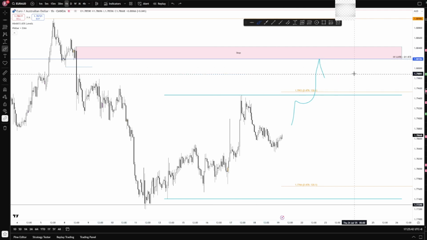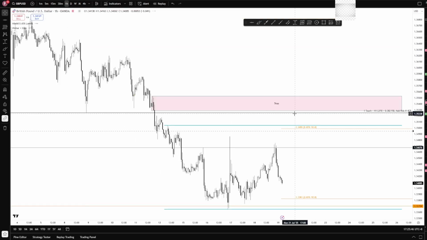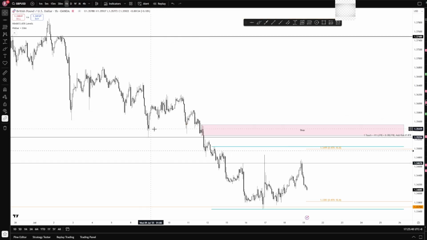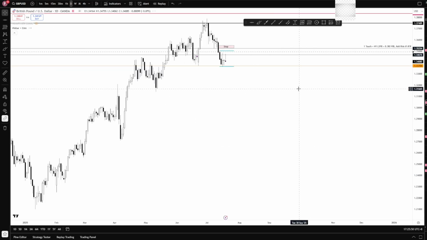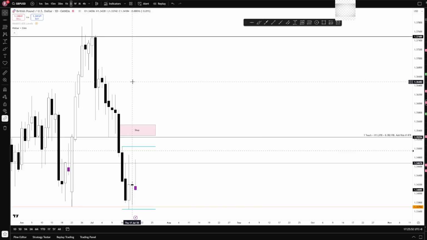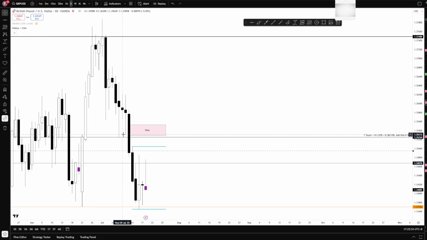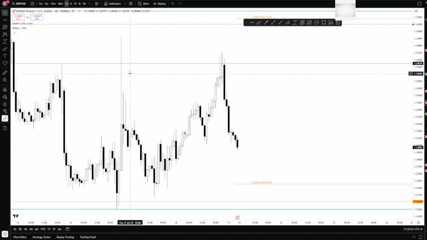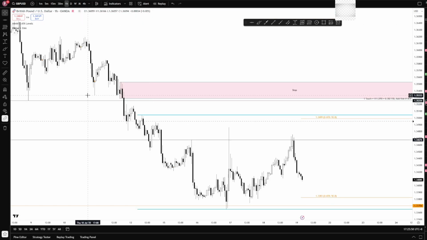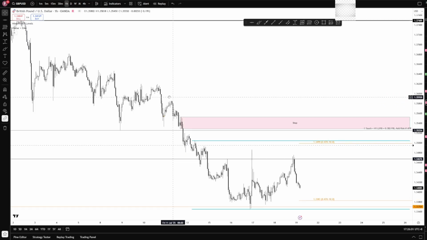Yeah, so this is something I'm forward testing, because I usually frame my trades off a daily level, something like this. This is the daily level, daily low. This is pound dollar, daily low. We got another daily low here, second daily low here. So price